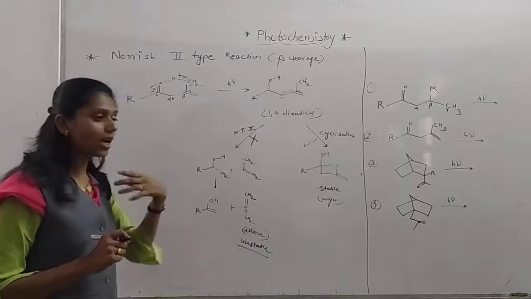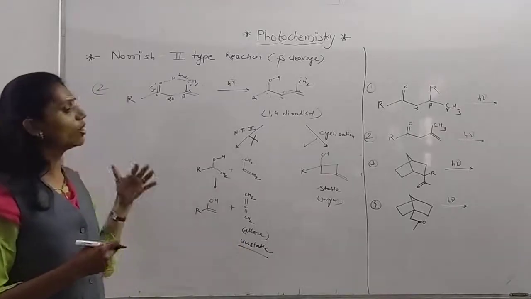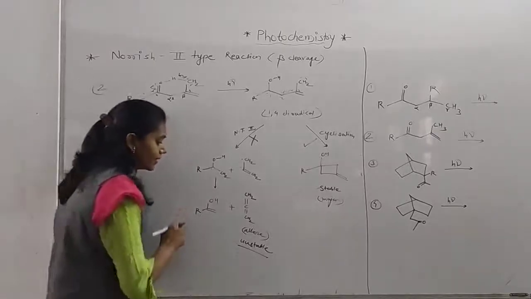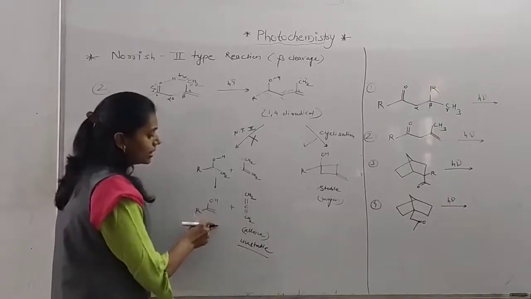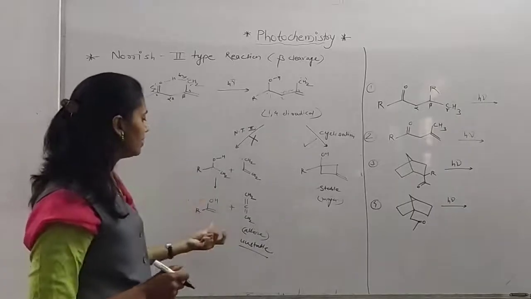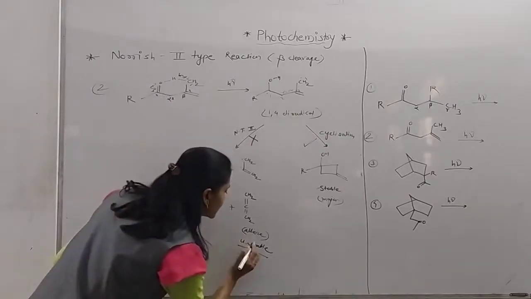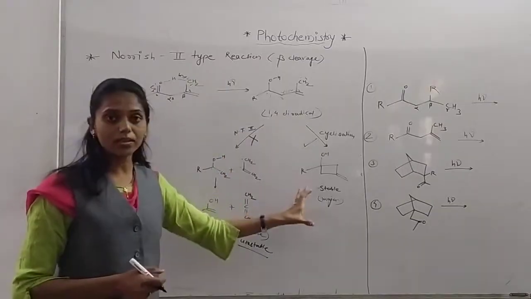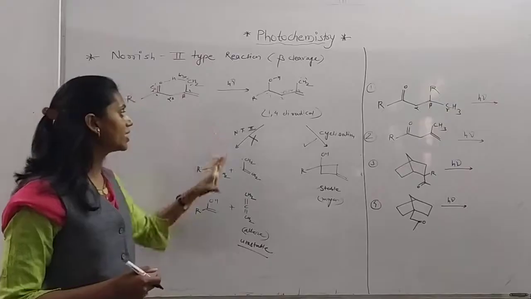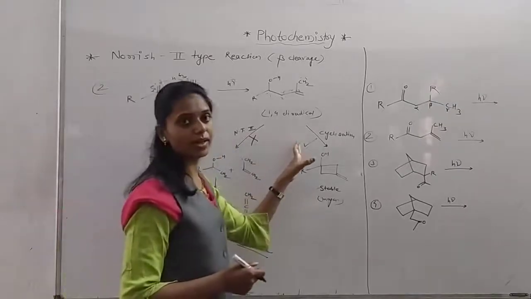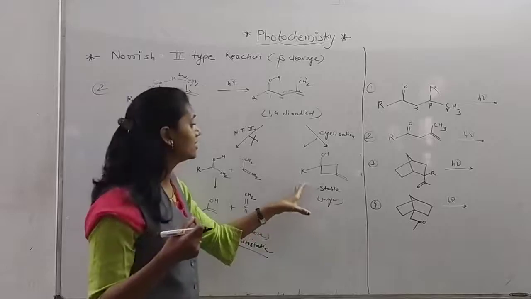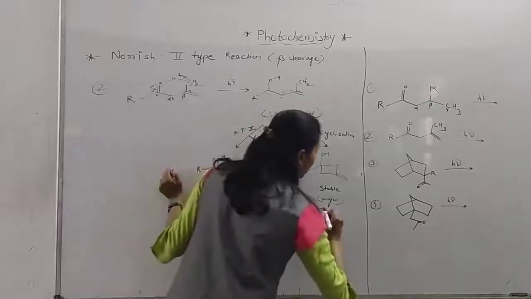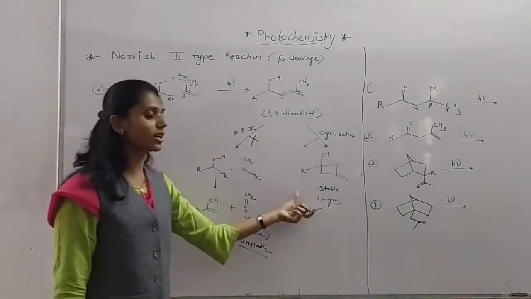But again I have told you, there are some criteria or changes in the points, whatever I told you before and have explained. There are some changes, some criteria will be changed here. This is unstable, so since the product will be unstable, we apply another reaction or another type. If Norrish type 2 gives an unstable product, we go through the cyclization. If we check that this product is stable, as this gives the stable product, this product will be major in quantity. So this product is the correct one.